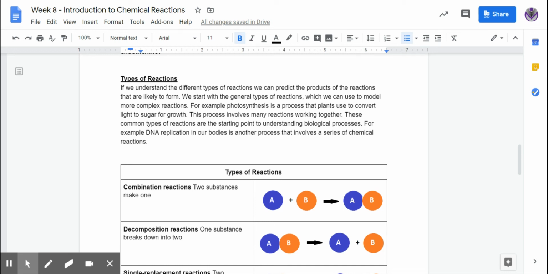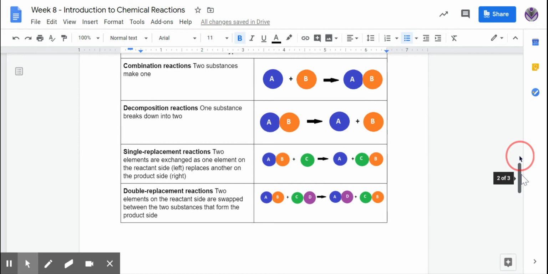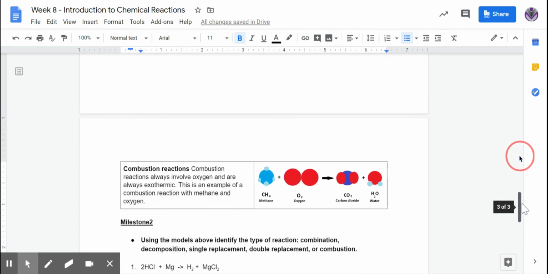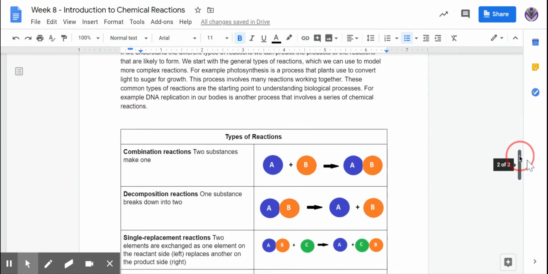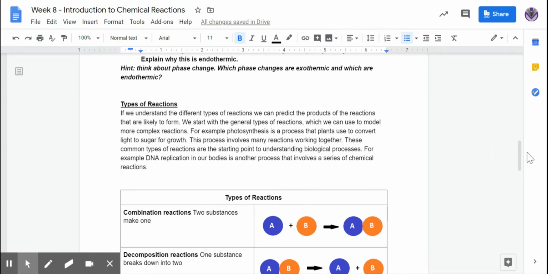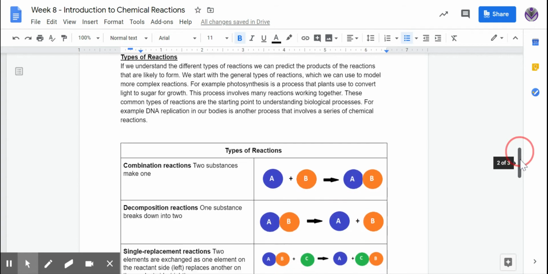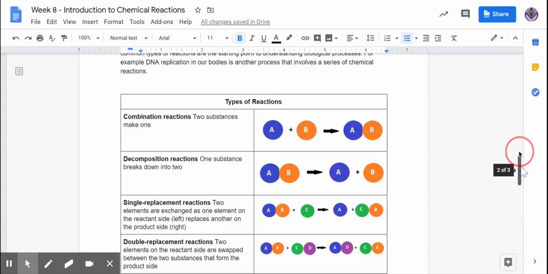All right, now that we've talked about the energy and the process, let's talk about some types of reactions. There are some common types of reactions that we're going to look at. I've given you guys 5 types. Now these are some pretty straightforward reactions. So we can look at how these reactions start, and then later in the week we'll look at some specific